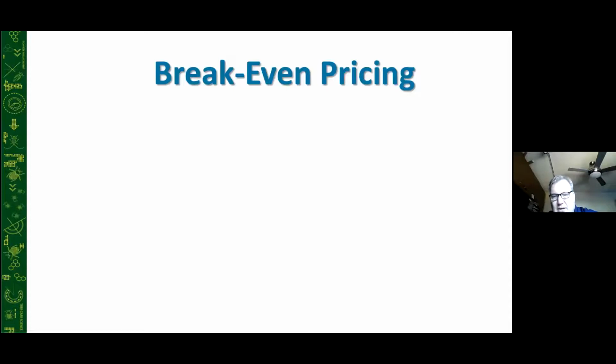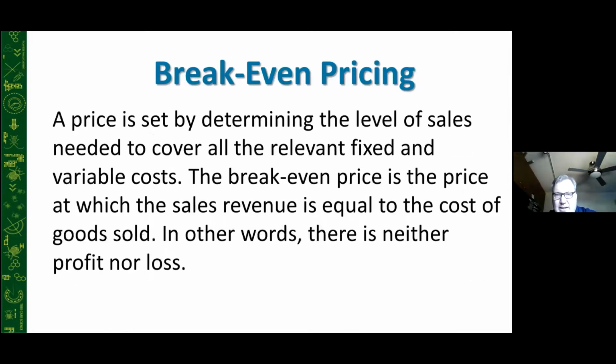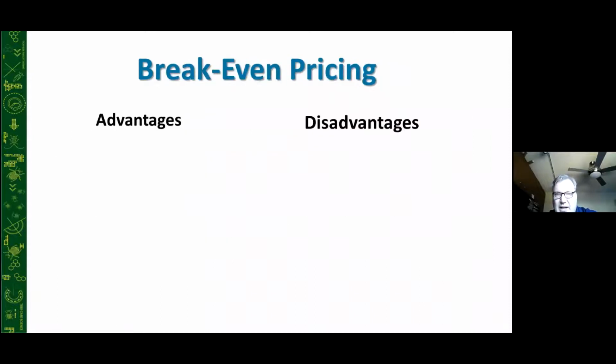Break-even pricing is much like it's described. You look at all of your costs that you're going to have and you set a price where they're about the same, and you're not going to make a profit, but you're not going to lose money. And sometimes as a business decision, that might be a really good choice. I wouldn't recommend it for your whole business, but some of the advantages where you would use break-even pricing would be things like when you want to gain market share,